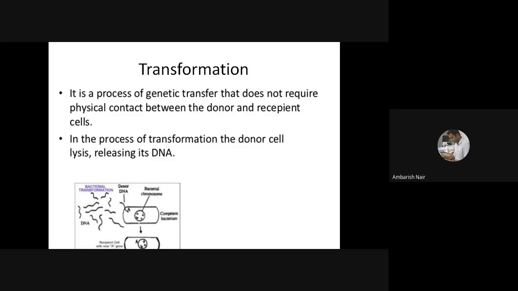That is the important thing which is very much happening in the laboratory, but naturally that is not the process. So today we will study the natural one. One important thing you should remember: if I ask about transformation in molecular biology, you have to write the natural one. Most of the time last year I was teaching both subjects, and students were writing artificial for natural, natural for artificial. If I ask transformation in the biotechnology paper, they will write the natural one. If I ask in the molecular biology paper, they'll write the artificial one, and then people used to argue, sir, it is correct.